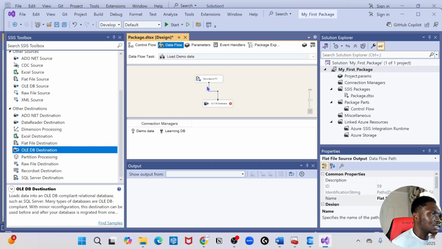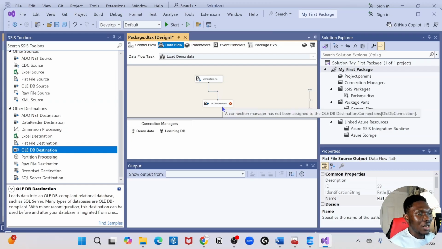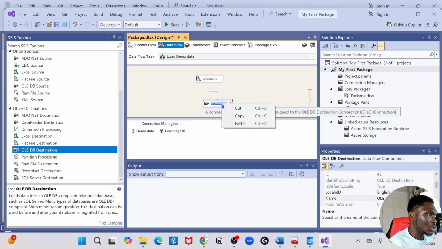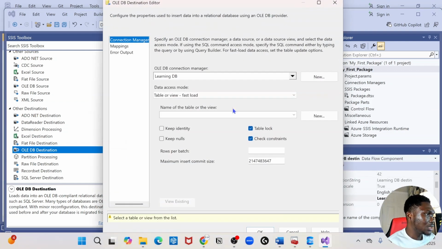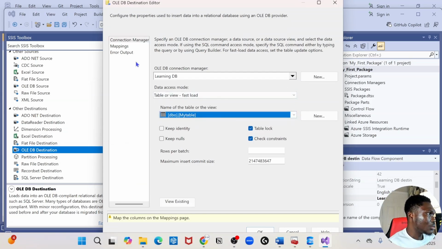What this is saying is that from this data source, the flat file data source, I want you to put it into this SQL Server destination that I created here, which is what we were doing earlier. So I'm just going to rename this to learning DB destination. Now I have to change the connection. That's edit and put the connection. Remember, the table is my table. When I come to mapping,